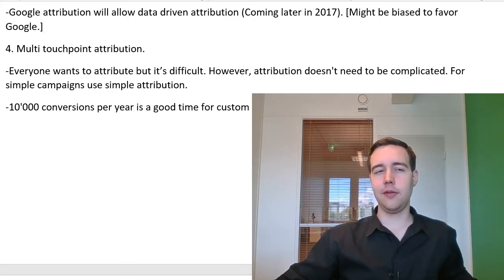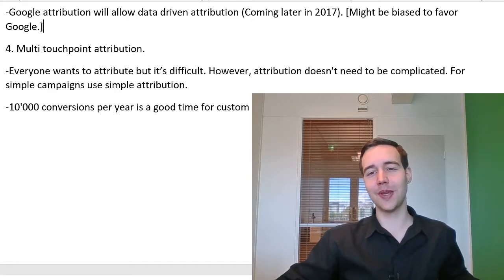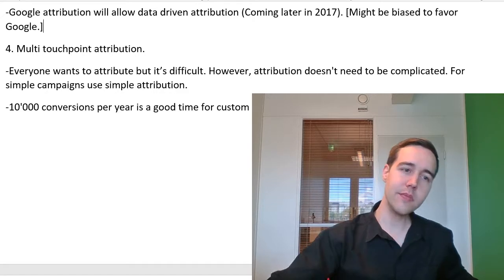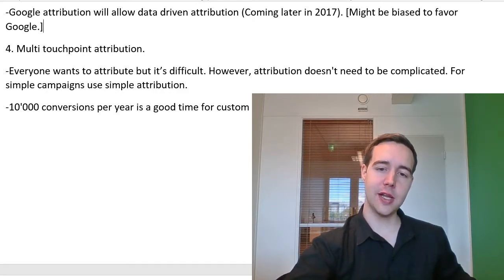Now, a little thing to keep in mind though is that this is Google's attribution tool, and they're also a big advertising medium, so this might be biased towards Google, and that might be something you need to look out for and take into account, because of course when big money moves, there's an incentive to look through the Google lenses and be a little bit more favorable than you would otherwise be. But that's really the three.